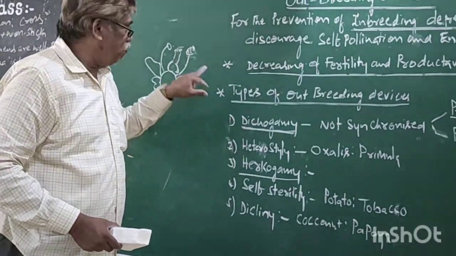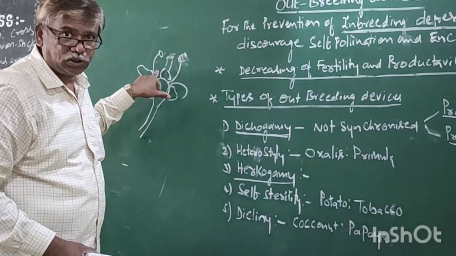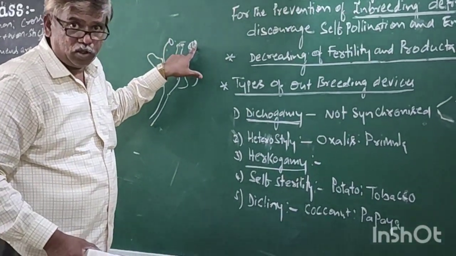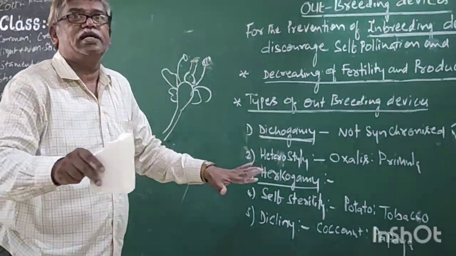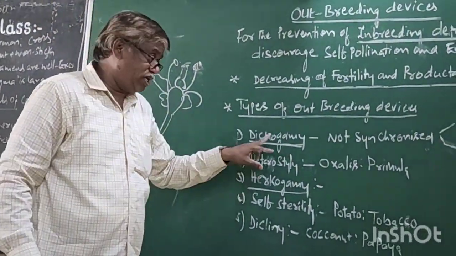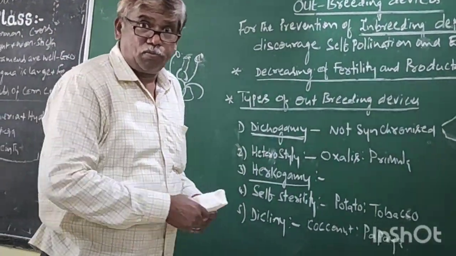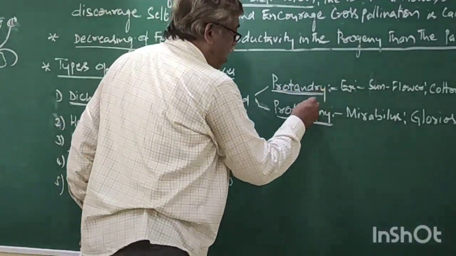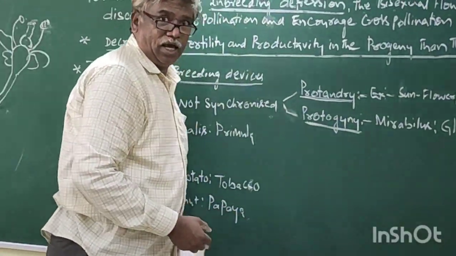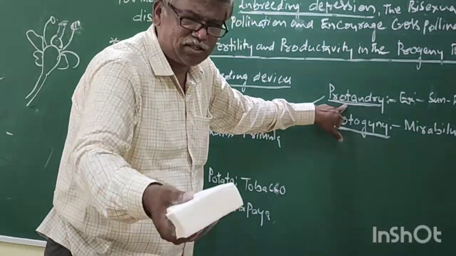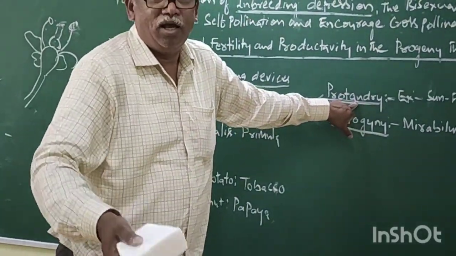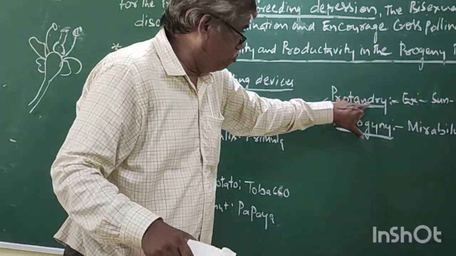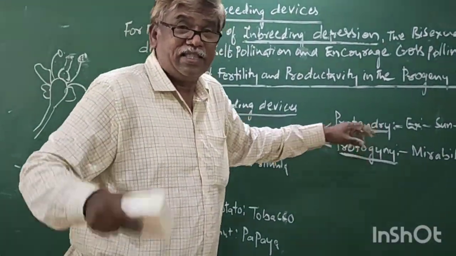Right, in a bisexual flower, the maturity of anther and the maturity of stigma are not simultaneous. Such a condition is called dichogamy. In dichogamy, two types are there: protandry and protogyny. Early maturation, simple. Proto means first, andro means male. Early maturation of anther than the stigma